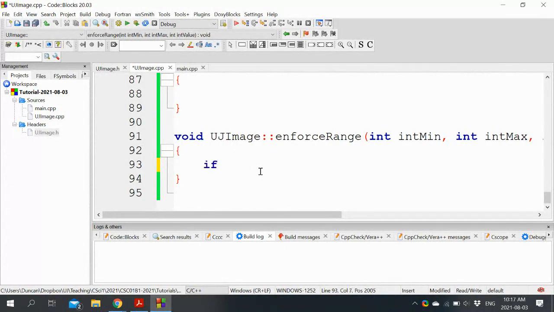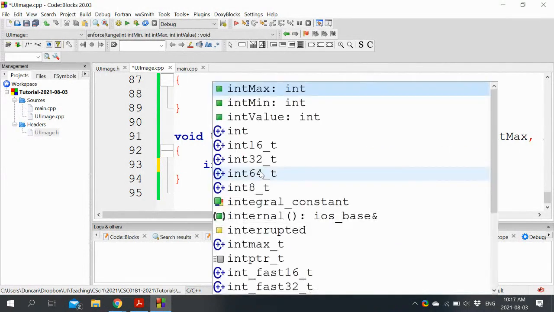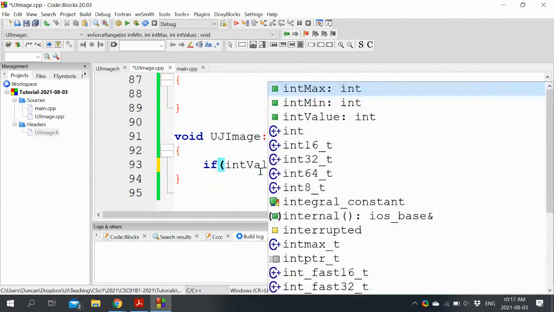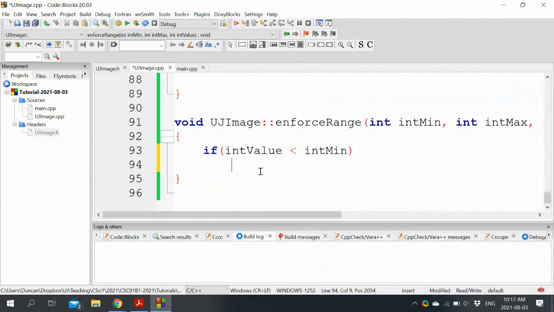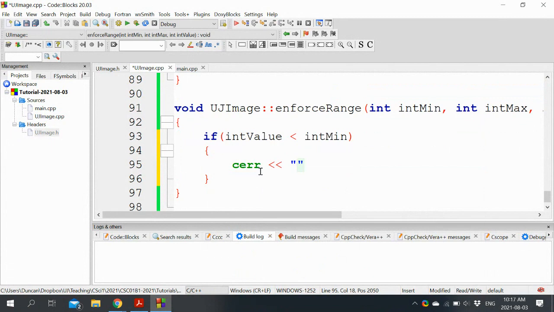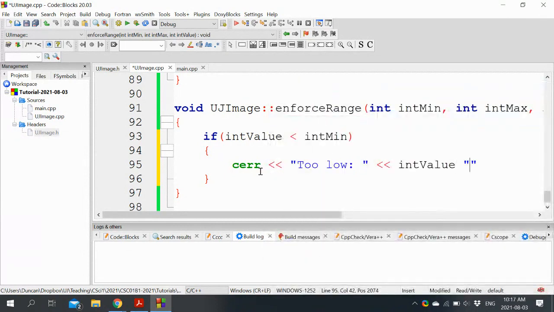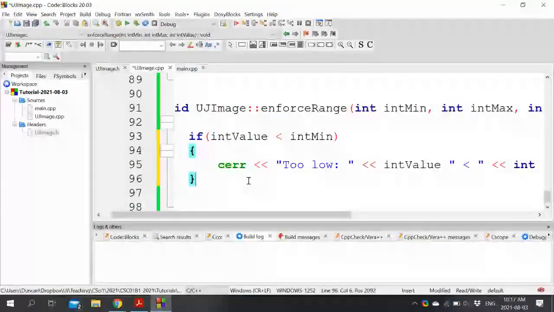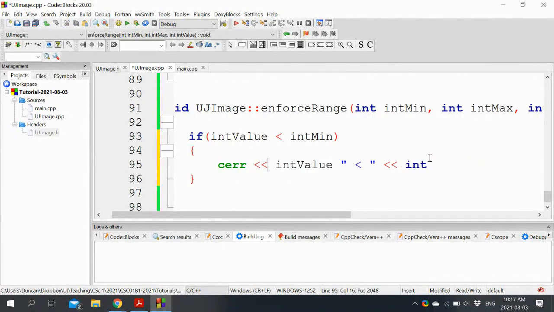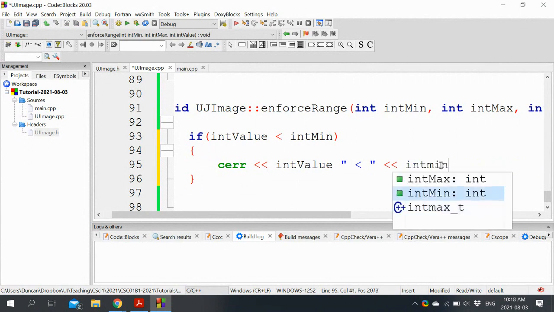So that's simply going to be: if value is less than n, error message saying too low, value less than. Actually, let's keep it short. I think it'll just be enough to see that it is less than int min.